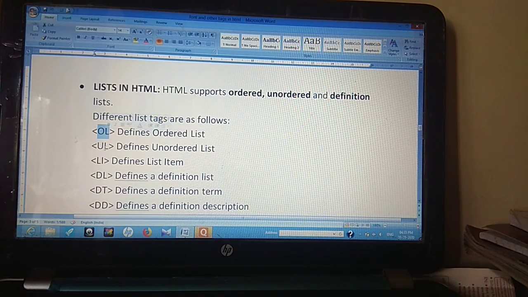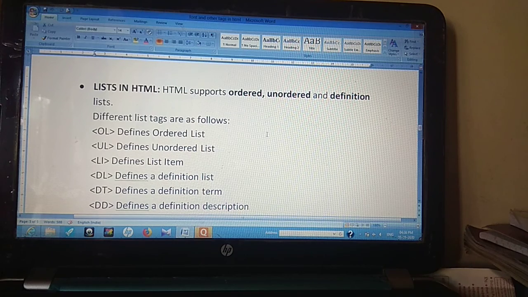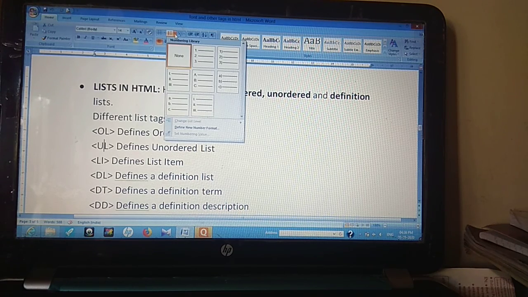An unordered list you can define by specific shapes, like bullets, empty disks, or squares. Similarly to how we have it in Word, we have it in HTML using unordered lists. And for the ordered list, we have numbers, alphabets, and Roman numbers.